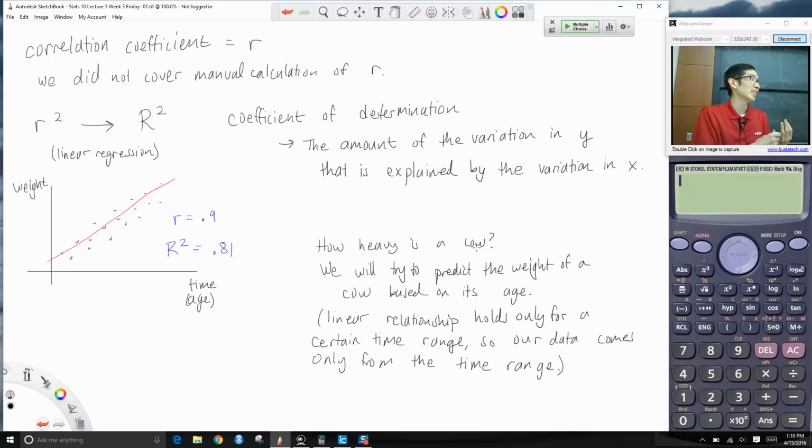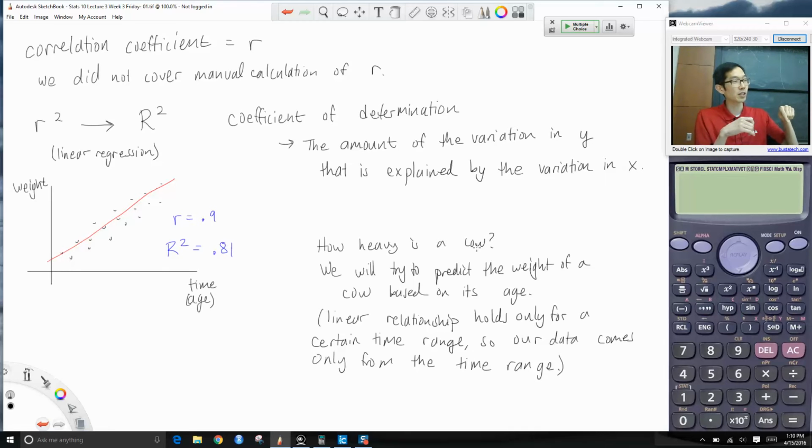Whatever. And just like individual differences, right? Even cows born to the same set of parents may be different for all sorts of other reasons. So you can think of there being a whole bunch of things going into determining how much a cow weighs. And what we're saying is that if r squared is 0.81, about 81% can be explained through